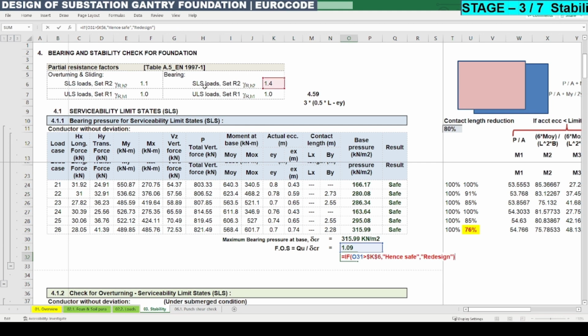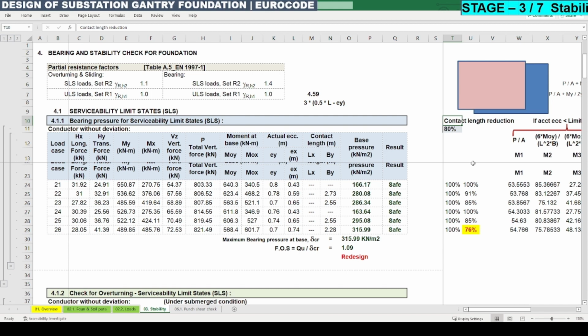So here for SLS load cases, the bearing resistance factor should be 1.4, but we are getting here 1.09. It means the foundation is not safe or unstable. So we need to redesign for the bearing stress by increasing the length or width. On the other hand, there is one more recommendation